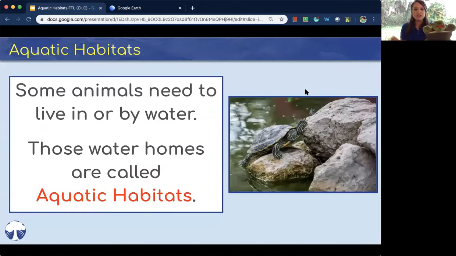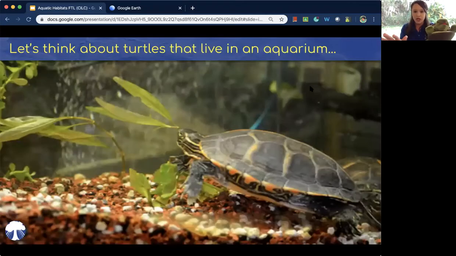Thank you so much. So one other type of habitat is an aquatic habitat. So you can see up on the screen, there's a picture of one of Tahoe's good friends, and he is hanging out in an aquatic habitat. That means that you need water to live by or in. So these are called aquatic habitats, and this is something that Tahoe loves very much. And he said, thank you for helping, everyone. You're doing a great job.